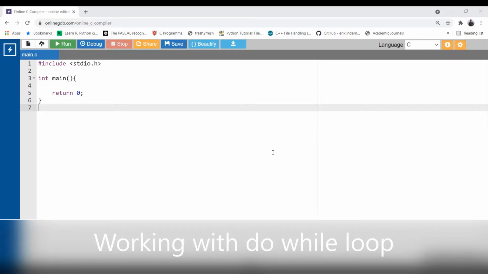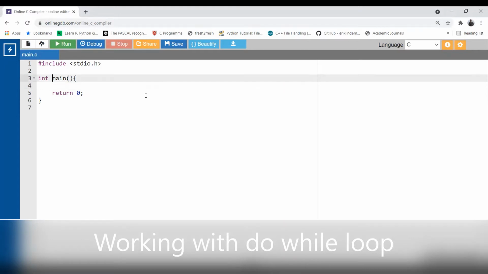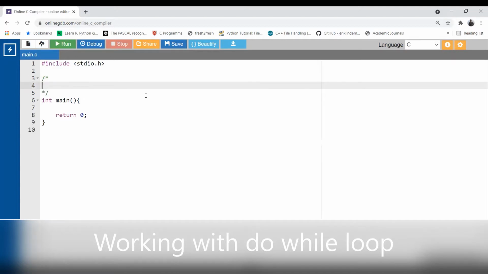Okay, so let's start with the do while loop. Now let's see how do while loop works. What is do while loop and when is it required? Okay, so let's see the syntax first. So here I'm writing the syntax of do while loop. Like while loop, the initialization should also be outside of the loop.